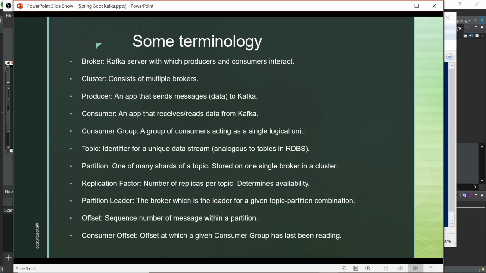Okay, so well, there are a bunch of terms here. The most important terms that we need to understand today are these: producer. Producer is anybody who produces messages to Kafka, that is, he sends some kind of a request to Kafka. Okay, and consumer is somebody who reads messages from Kafka. Consumers can be put together in a consumer group so that multiple consumers can consume the messages. Maybe a producer is producing messages really fast, and there are multiple consumers who need to work together to be able to process those messages, right?